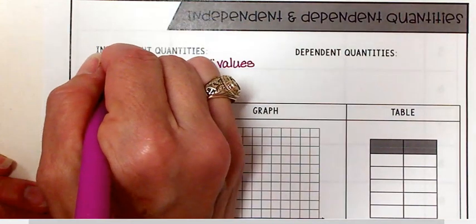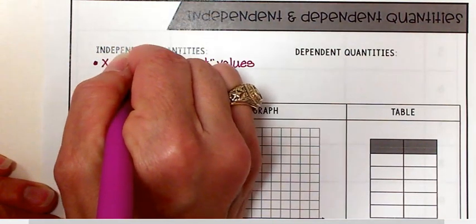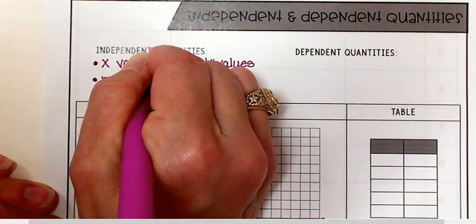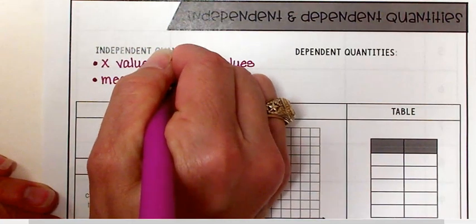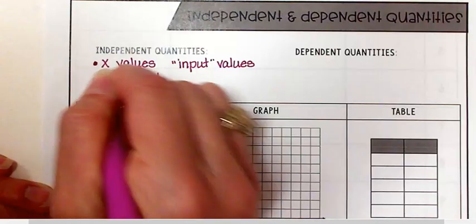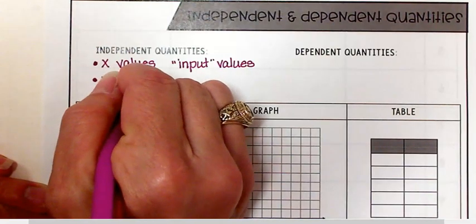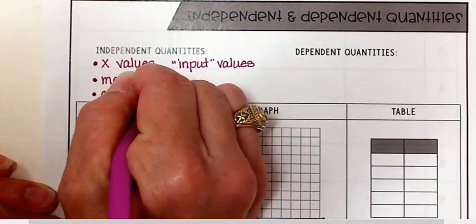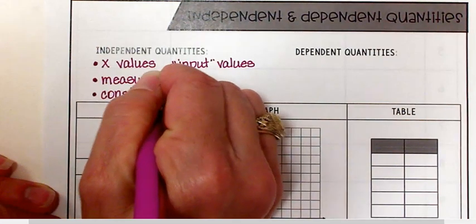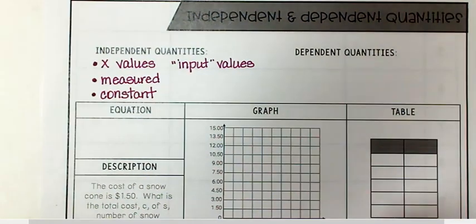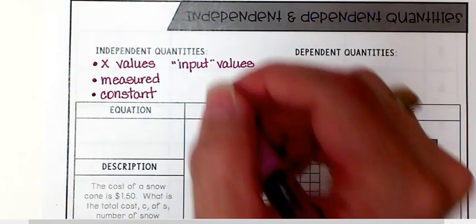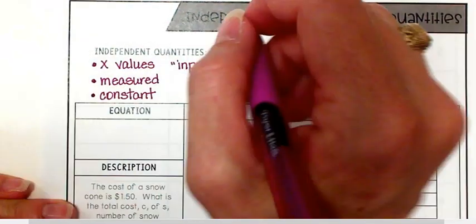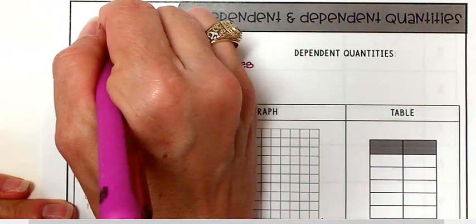They can be some sort of measured quantity like time, something like that. They can represent some sort of constant. All right, but the big thing is independent quantities, I'm going to put this up here,